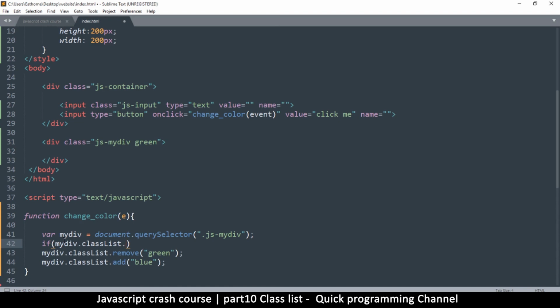Either it's includes or contains. I think it's contains. Yeah, I think includes is for strings. Anyway, if you get confused, just try either. So we're going to try contains. We want to see if it contains green. So if green exists in here,